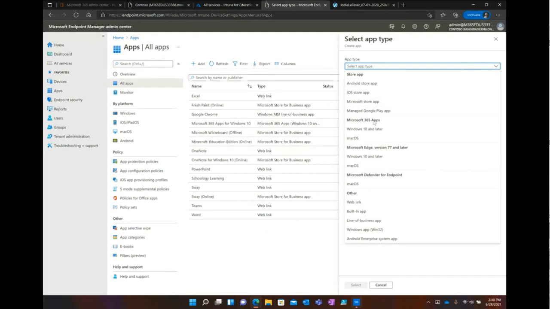We have Microsoft 365 apps, which is what we're calling Office now, for Windows 10 and later and macOS. We can deploy and manage Edge, Defender for macOS, and here are our web links, which are just our shortcuts to websites. We have the built-in apps, line of business apps, Windows app Win32.